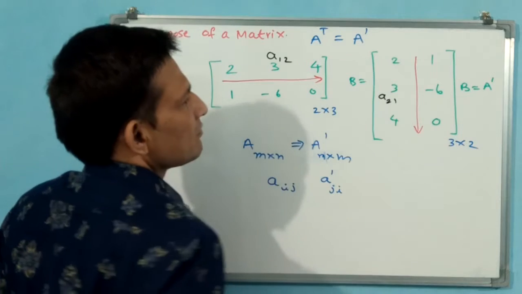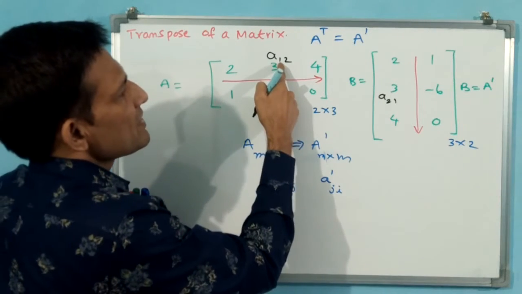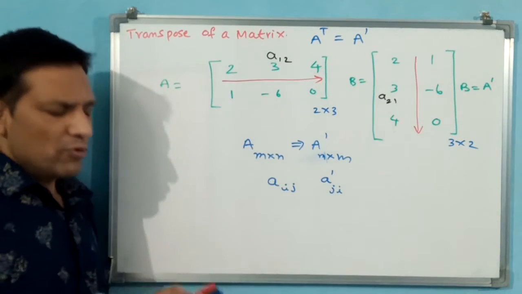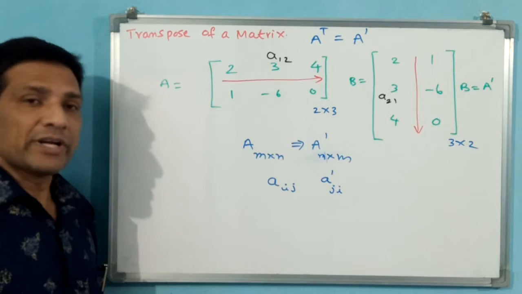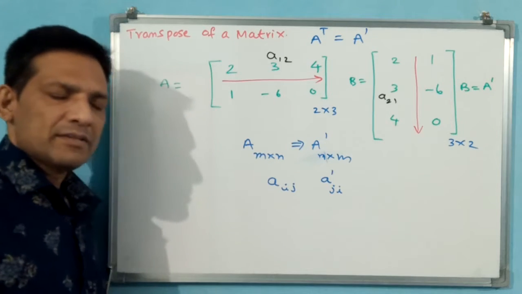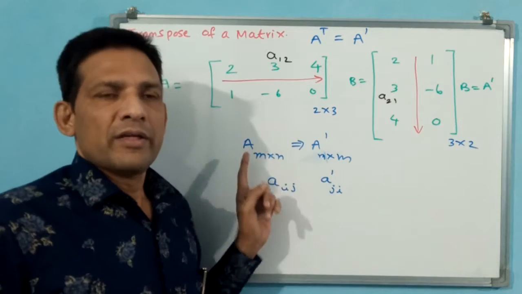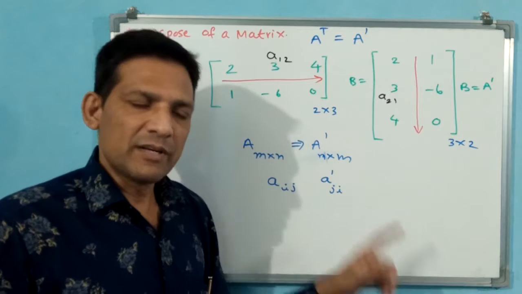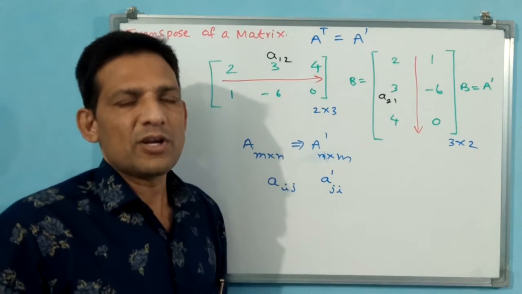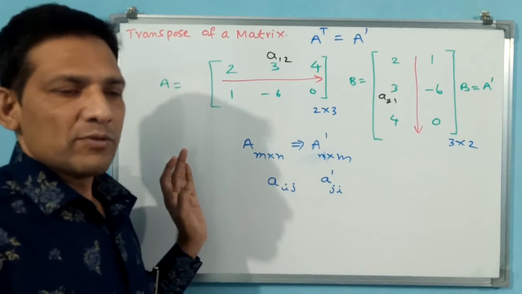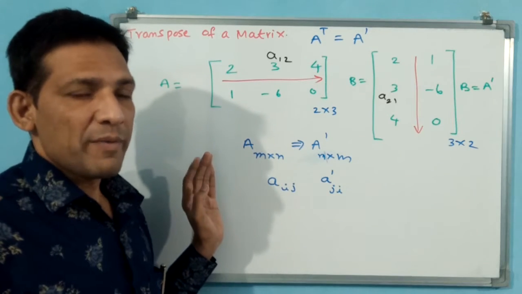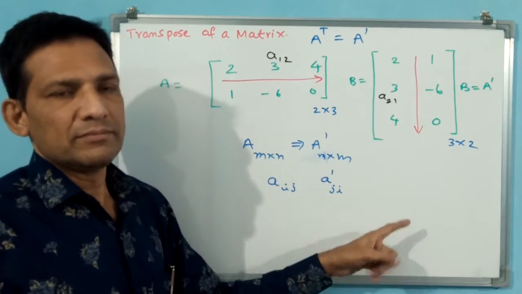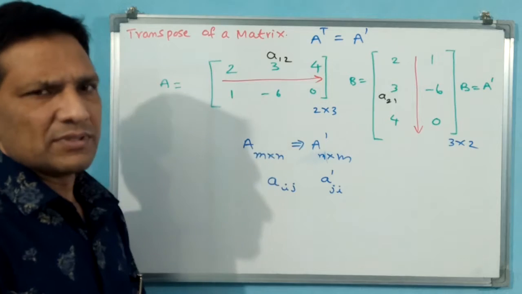Second row, first column. That means one row has become a column here. Automatically, column is going to become row, but that you don't need to learn, you are going to get confused. What you have to know is: if we interchange rows into columns, that matrix is called the transpose. If you are interchanging the rows of a matrix into columns, then that transposed matrix is going to be called the transpose of the matrix.